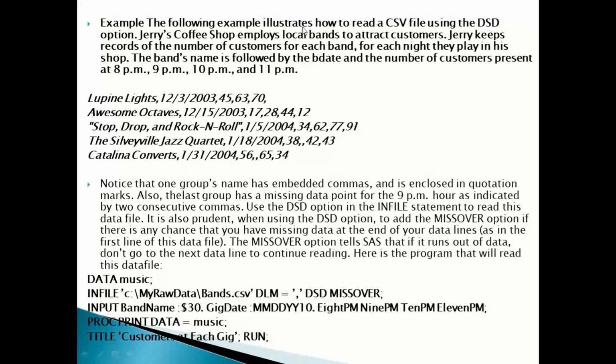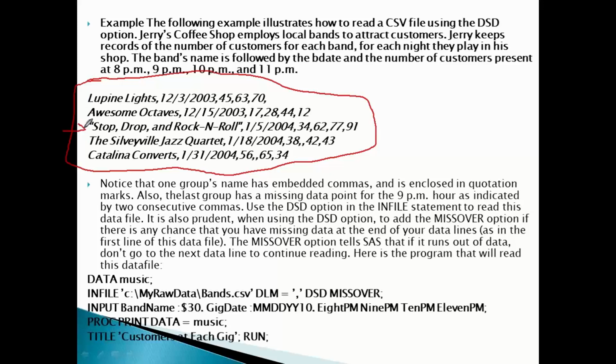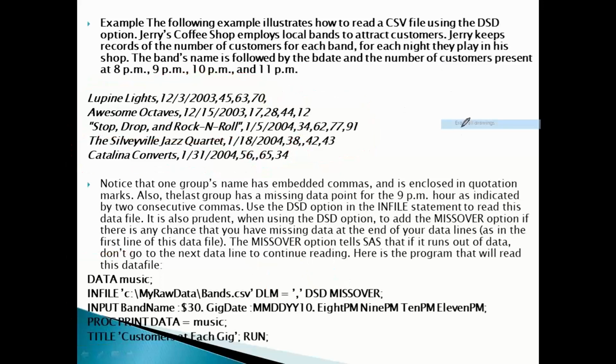Right, so a small example for this. As you can see, this might be some kind of raw data. In this, there is a third row with all the delimiters enclosed in double quotations. There are some missing values in between the data, as well as a missing value at the last. So our program remains the same. The only thing is you specify the options DLM, DSD and missover together, so it will be able to consider them. That is nothing but the DSD.